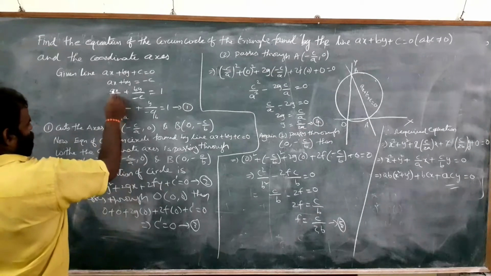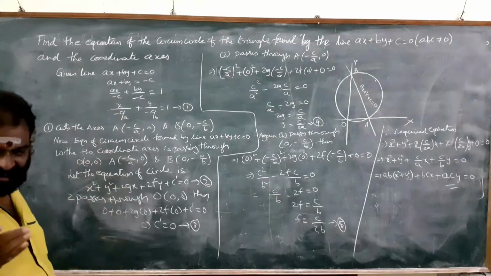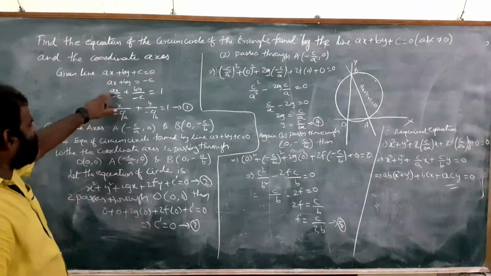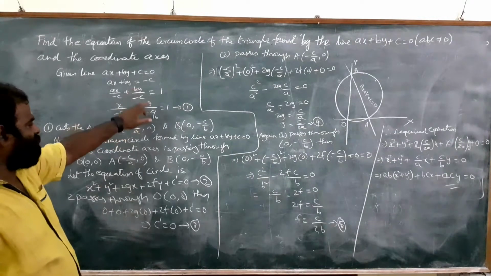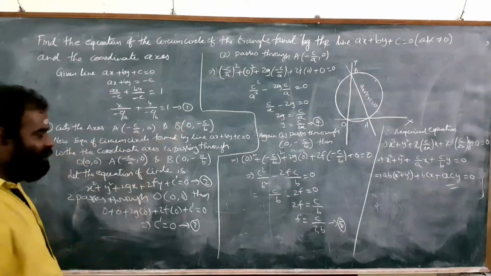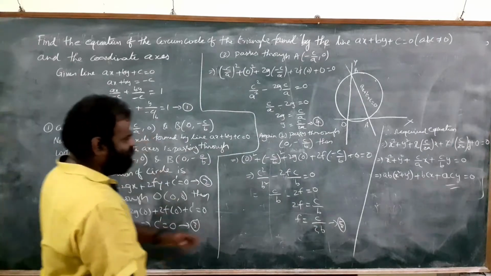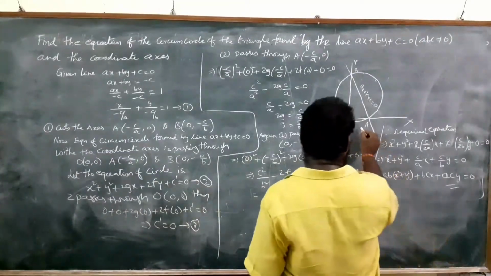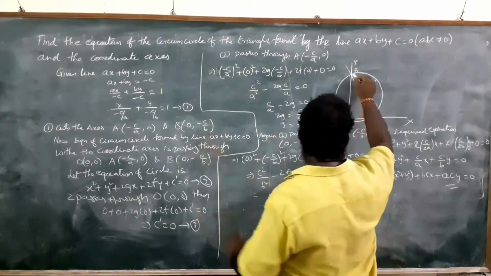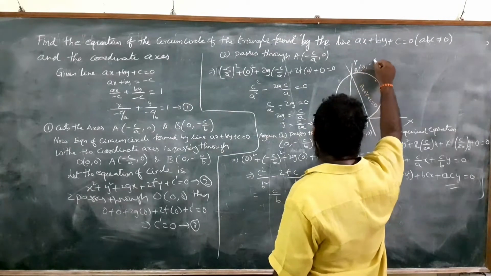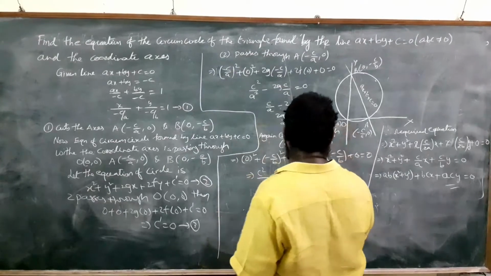Now for x by this a, here we have no coefficient for x because it is in the form of x by a. So we send this a to the denominator, then it becomes x by minus c by a plus y by minus c by b equal to 1. Therefore, the line cuts the axes at A, which is a point on the x-axis, so it is minus c by a comma 0, and B, a point on the y-axis, so the coordinates of B are 0 comma minus c by b. And this is the origin, which is 0 comma 0.